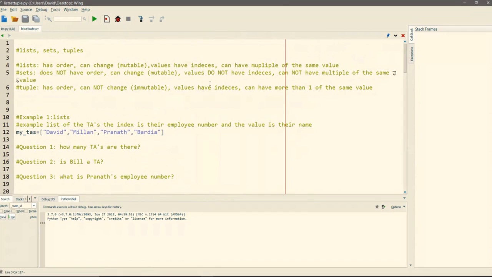So the question might be, when should we use each one of these? Personally, I rarely ever use tuples, right? But on the exam, you might be asked to use one. But for sets and lists, if you ever see the keyword unique, then you know you should probably be using a set. If you do not see the keyword unique, and you have to access the indices, then it's probably better to use a list. So let's just hop into it and start using them.